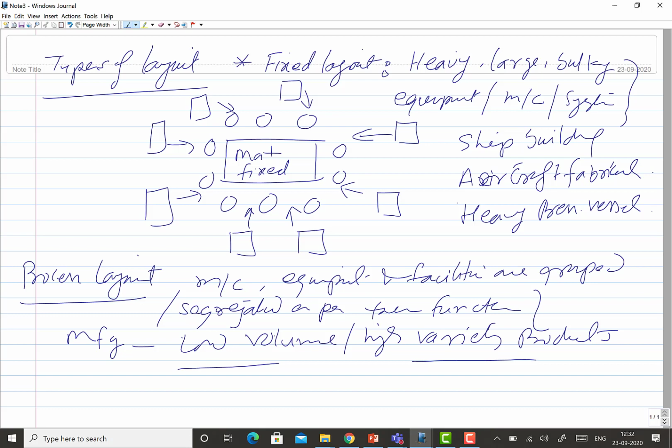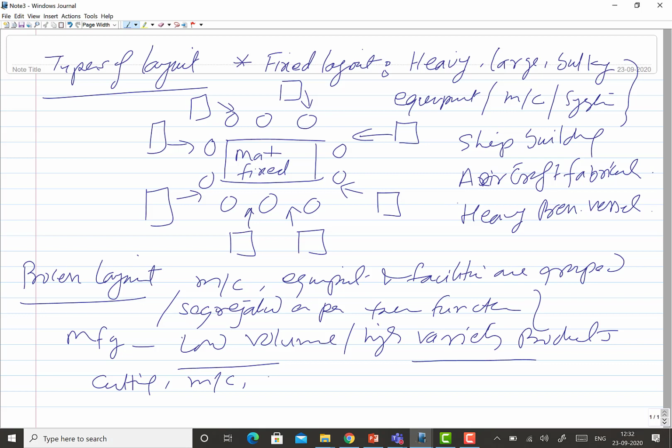So here those workers may be specialized in handling a number of machines, and they can do a variety of jobs. As far as the typical example is concerned, in a cutting section, all types of cutting are done, whether sheet or rods or any other form of the metal. Then there is a machining section where all types of machining jobs are done.